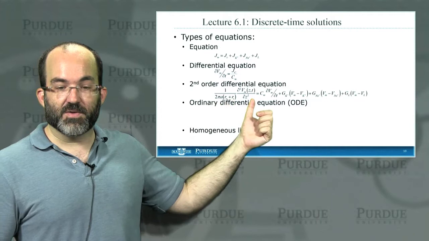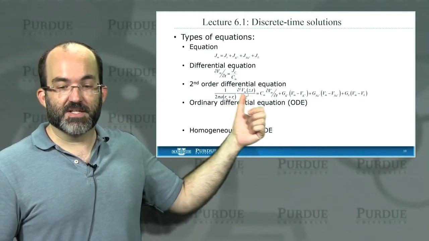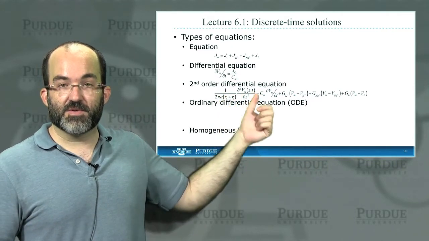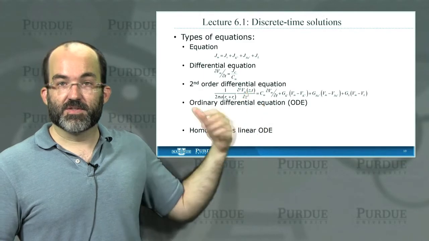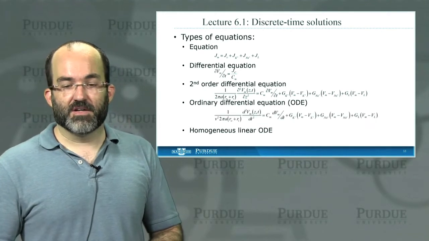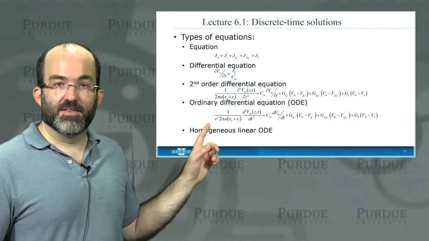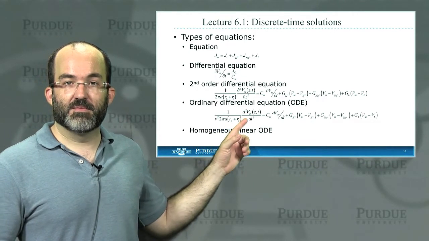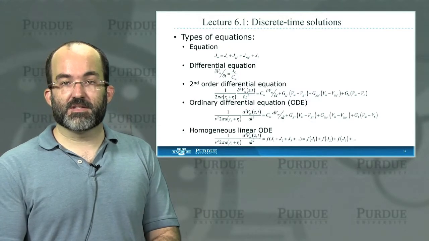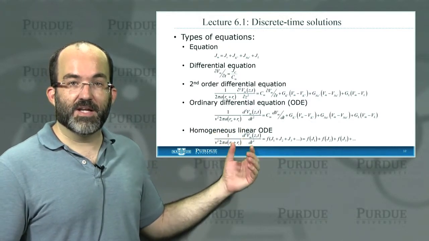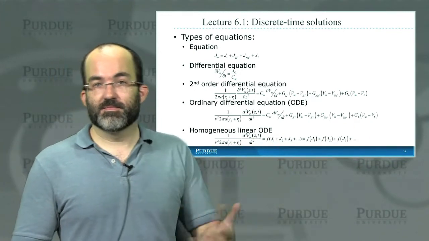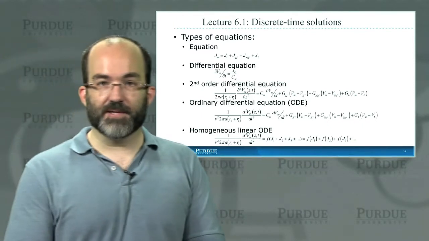Now this second order differential equation is a partial differential equation because it relates the second derivative of the membrane voltage with respect to distance along the axon z to the first derivative with respect to time of the membrane voltage. So it's a partial differential equation, which we can then use the wave equation, as we did in week 4, to convert to an ordinary differential equation where you have the second derivative of the membrane voltage with respect to time proportional to the first derivative of the membrane voltage with respect to time. And this is, in fact, a homogeneous linear equation because we can evaluate the output as a function of a sum of inputs, or we can take them individually and sum them after the fact, which is what we'll end up doing most of the time.